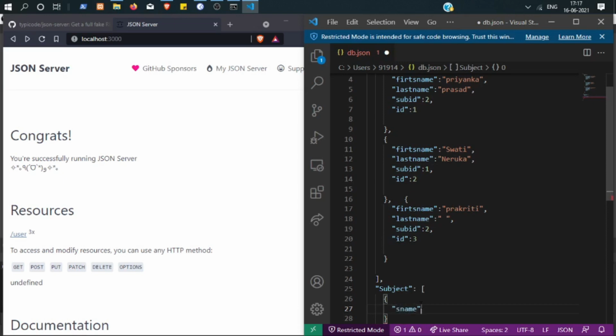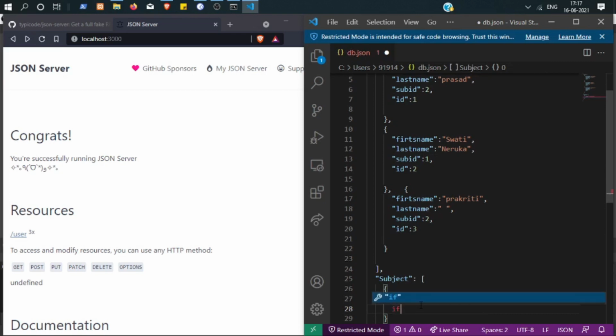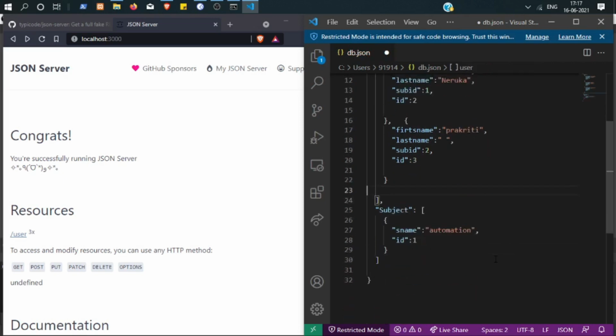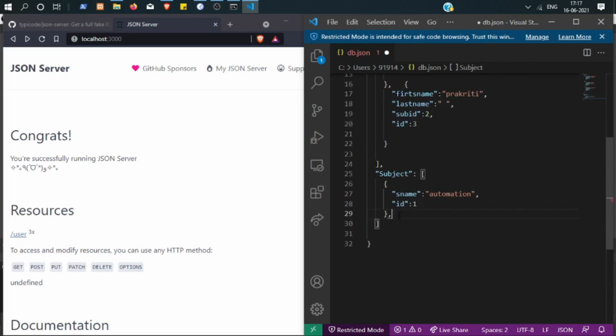Let's take SP, and ID equals to 1. Okay. Let me create more subjects.